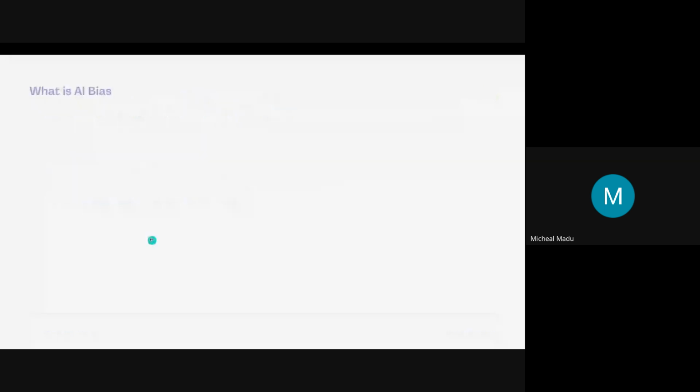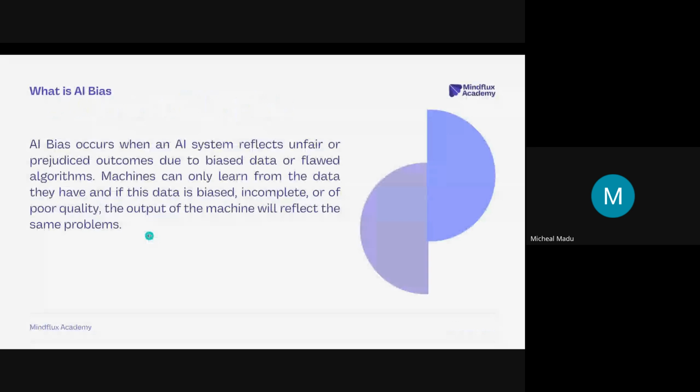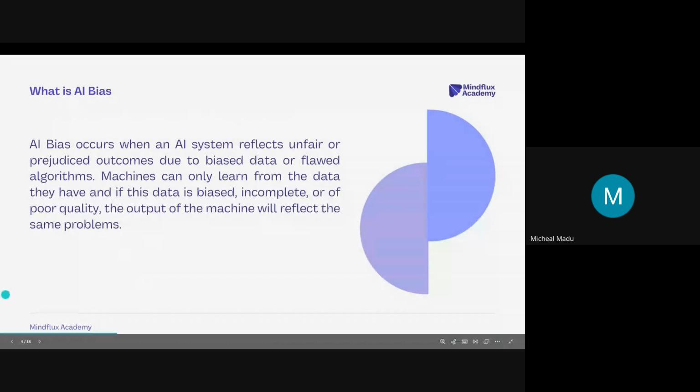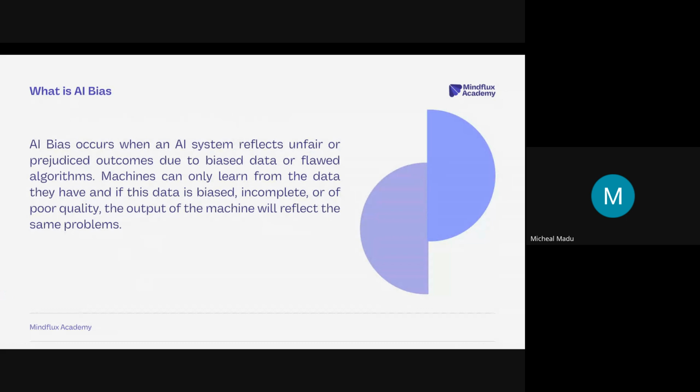Now, what is AI bias? By default, a bias is, I'm trying to give a very simple definition, something that stems from personal preferences or prejudices. So it is not the standard way of doing things, but it comes up as a result of your own personal